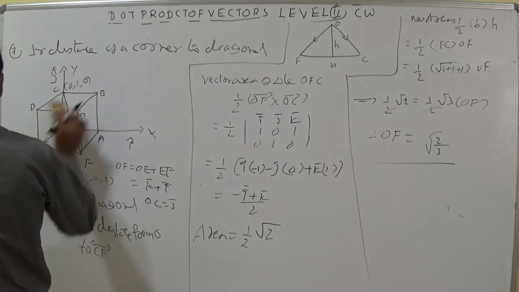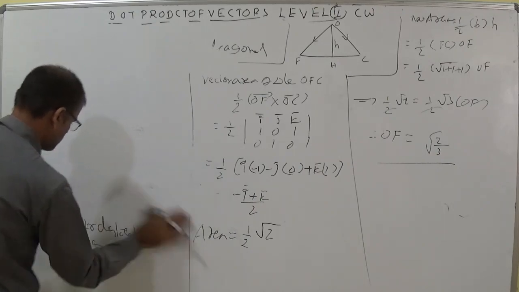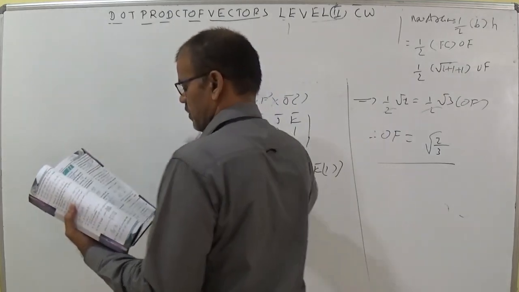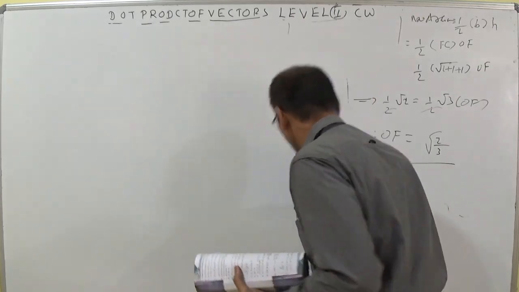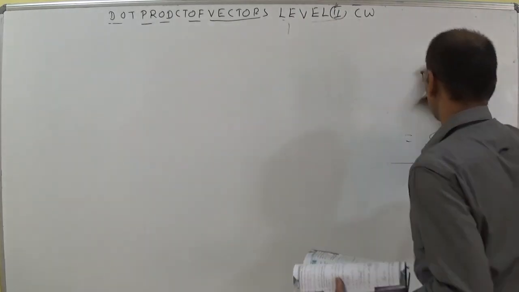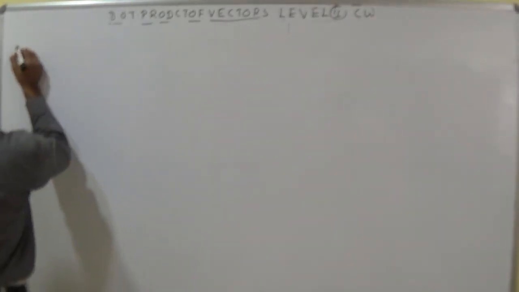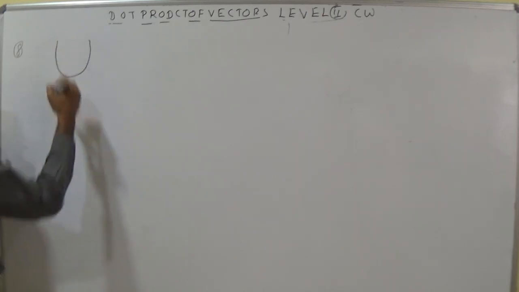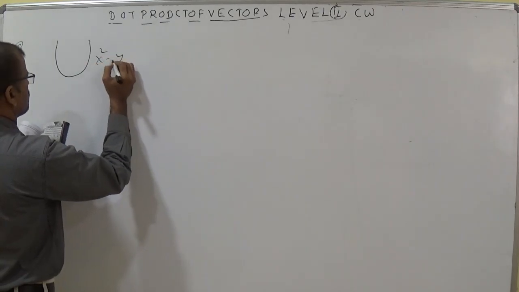A, B are 2 points on the curve. A parabola is given. Capital A and capital B are 2 points on the curve y is equal to x squared, which is the parabola in the form of x square is equal to 4ay. Parabola shape, 8th question. Let us draw the diagram. The formula x square equal to 4ay is the parabola equation. He has given x square equal to y.